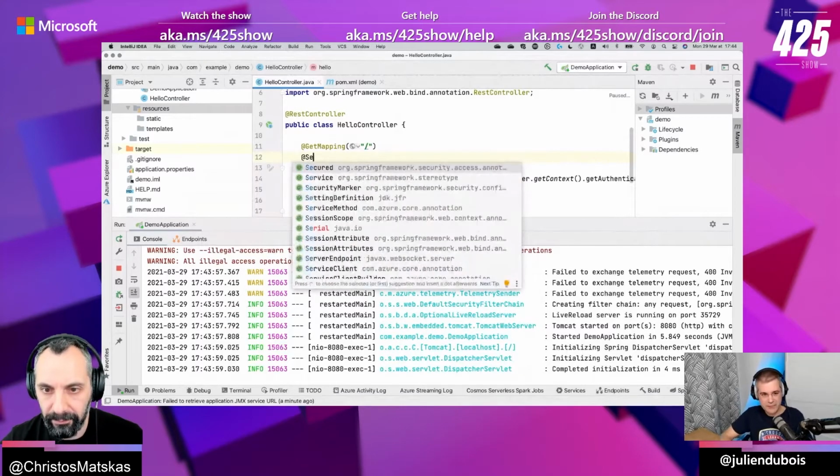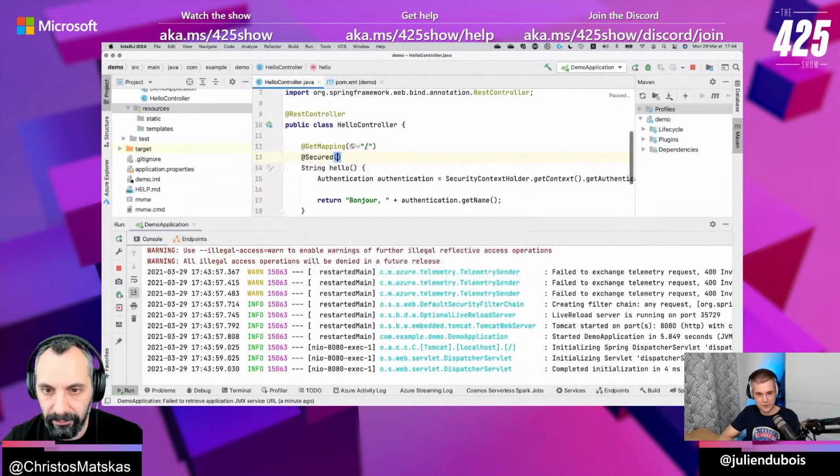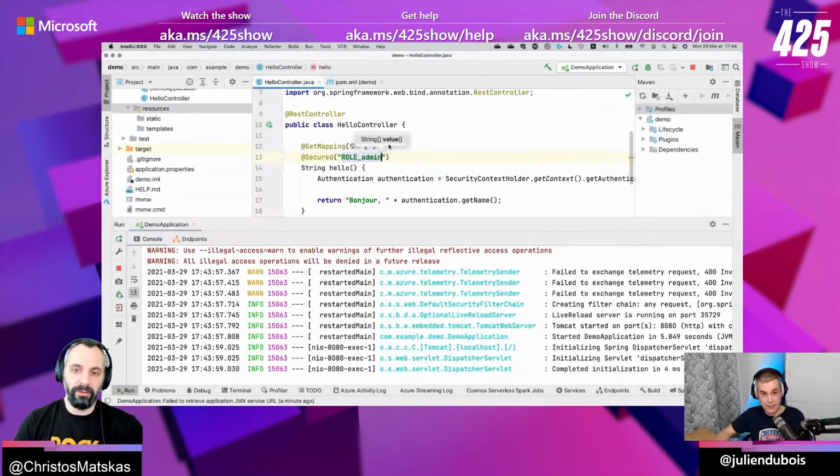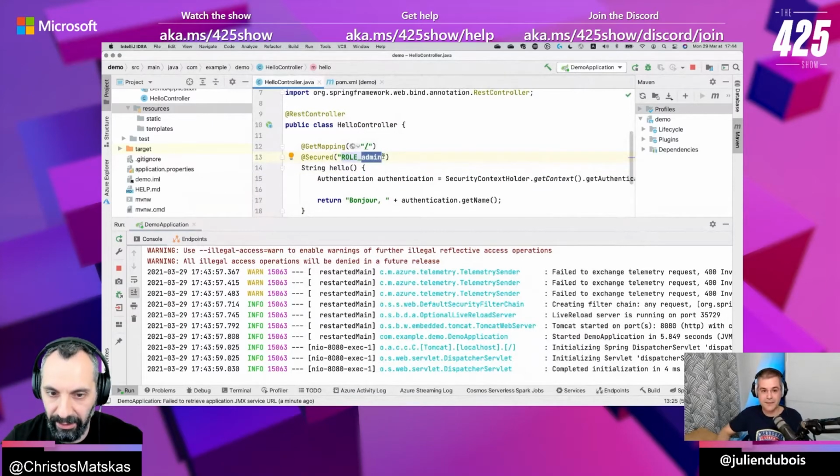Okay. So with Spring Security, you've got this nice secured annotation. Normally, you just add it and you say, okay, if you have this role, you can access it or not. Oh, I see. This is very handy. This is what everybody wants to use. So the first trick is, we have role-based authorization built into Spring Boot, and it's clever enough to look into the ID token to see whether you belong in a role or not.